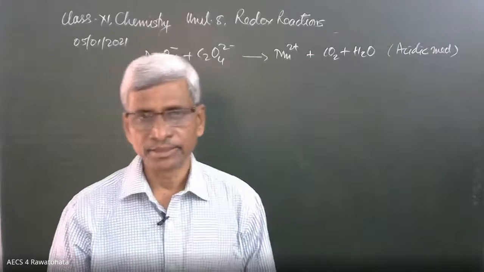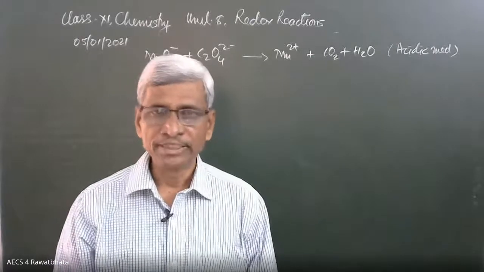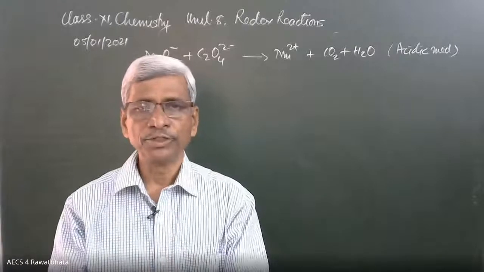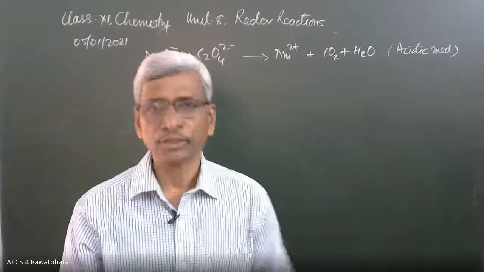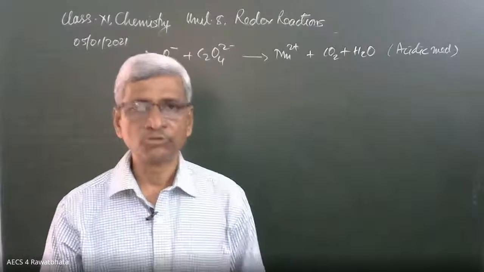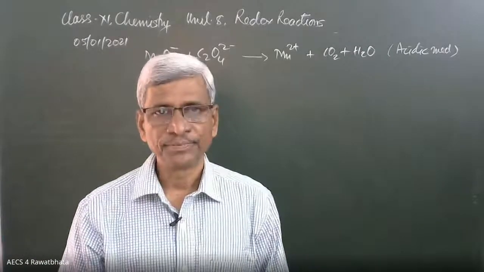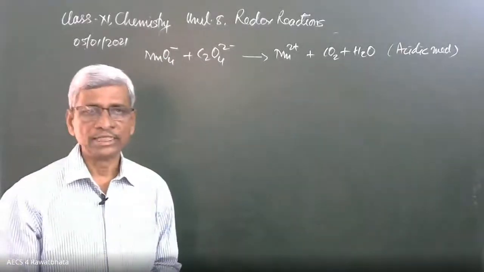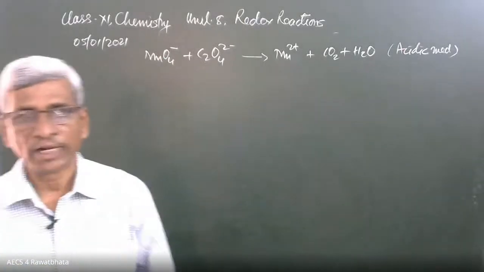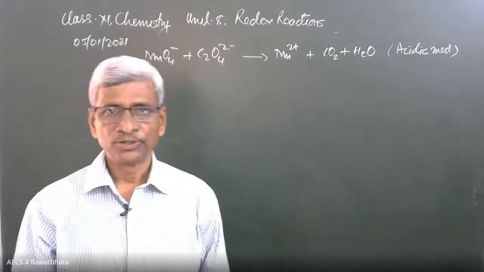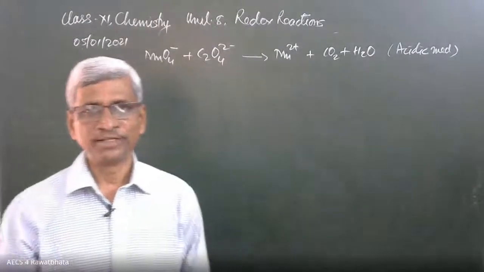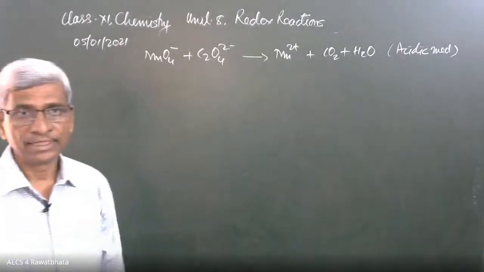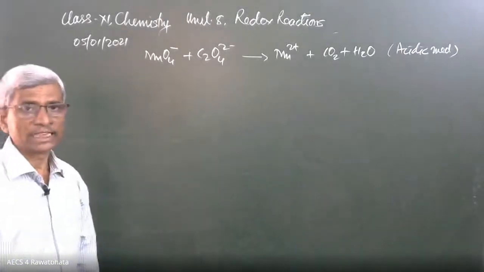Titration term, it may be new for you. We are using it to find the strength of one solution with the help of another known solution whose strength is known. That is called known solution, standard solution. That is the titration part. Okay, beta? In 11th class also, there is an acid-base titration, neutralization titration. So we are unable to do that. That's why so many problems are coming. This is the redox titration reaction. It is the experimental part in 12th class.